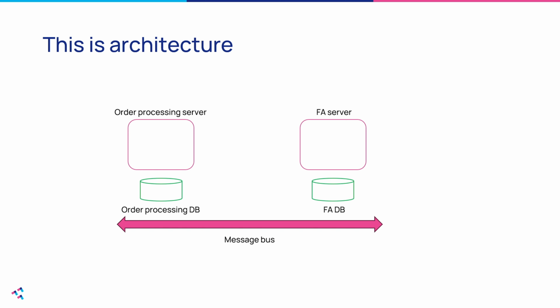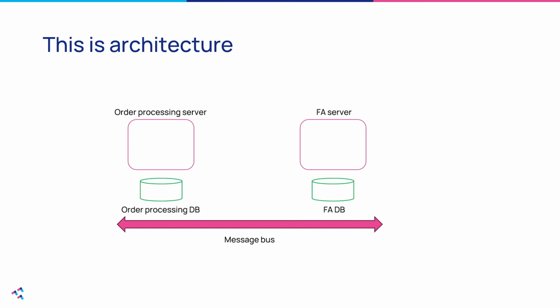This diagram has an order processing server and a financial accounting server. So it depicts two servers, an order processing server and an FA server, FA is for financial accounts. The order processing server is where orders go in, and from that order processing server maybe some data will flow to the financial account server. So there is a data flow being described. Maybe, I'm just showing you a diagram.